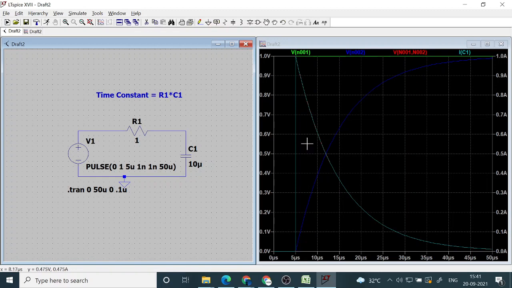When this rises, that goes down. Sum of these two will always be 1. That is KVL: 1 volt is equal to voltage on the resistance plus voltage on the capacitor. So that will always be 1. That is the proof of KVL. So when this one rises, that one reduces, and when the voltage reduces, what will happen to